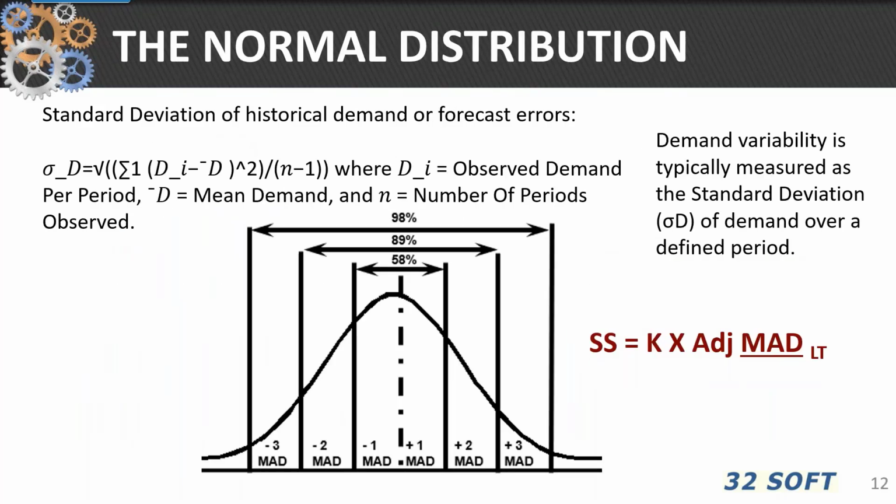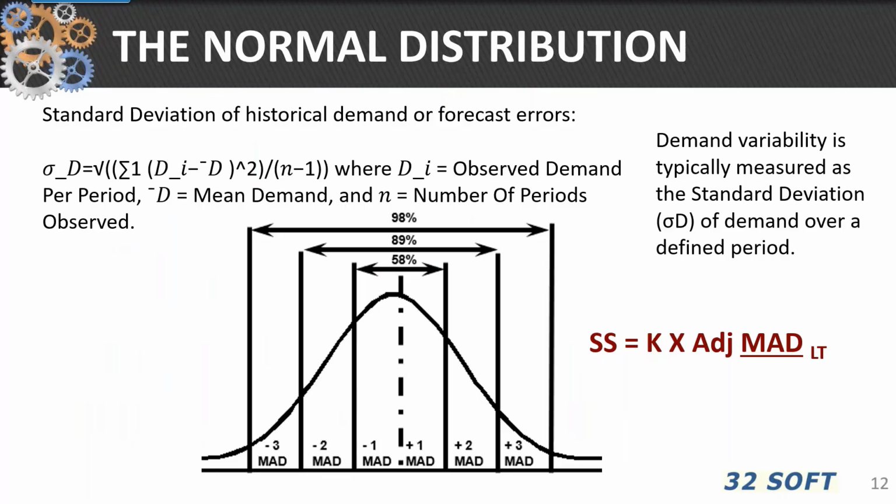Demand variability typically falls within what is called the normal distribution, sometimes referred to as the bell curve. The high point on this curve is called the average value, or the mean. The dispersion of actual sales around this mean is measured by mean absolute deviation of demand, or sigma, the standard deviation of demand. The chart shows typical percentages of demand that will fall within 1, 2, or 3 mean absolute deviations. If sigma is used for the normal curve, this means that